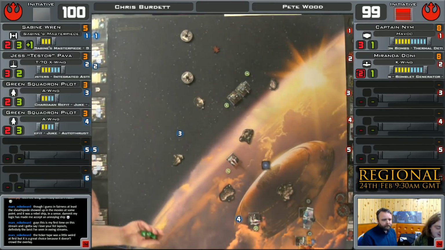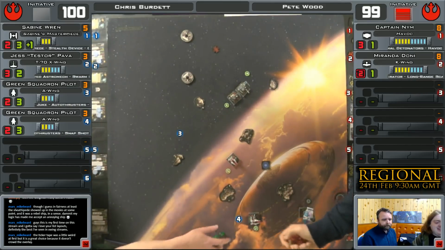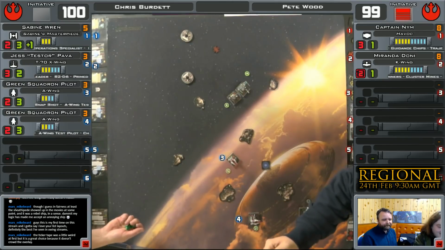Oh, he's got a dice box. Hey, three eights! The magical three eights from the A-Wings. Never seen mine do that. No. But, you know...